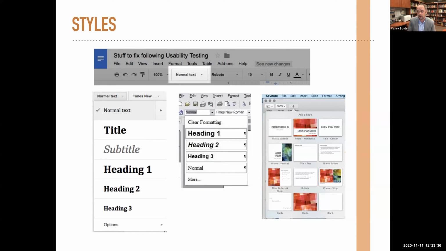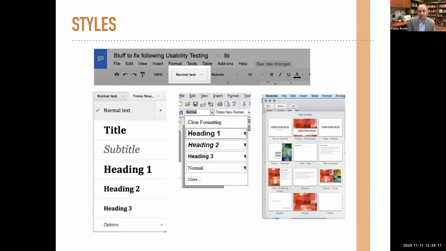Even in Keynote or PowerPoint, you have something similar. Often, and I know I've been guilty of this before, we go to the blank slide and just add our own text box, creating it how big I want, that sort of thing. But what typically happens when you give that slide deck to someone, either as a PDF or as a slide deck, and you only use the blank one and do your own formatting and don't use the already pre-formatted slides, then what you're doing is